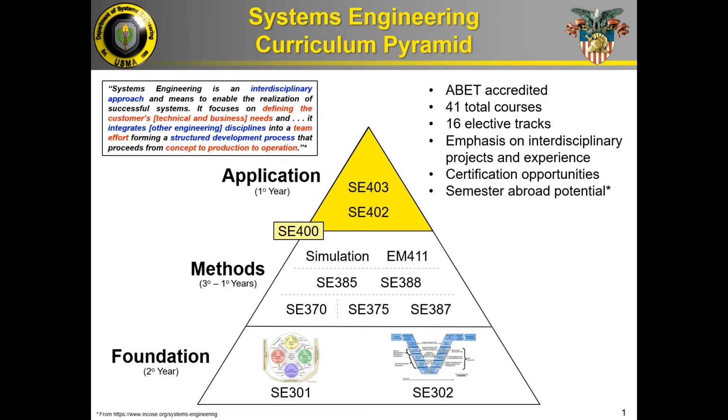Hello, my name is Colonel Matt Dabkowski, the Director of the Systems Engineering Program, and I would like to take the next few minutes to describe what systems engineering is, how the major is designed, who takes it, and why you should care. Our world is composed of systems, integrated sets of elements that accomplish defined objectives, consisting of products,